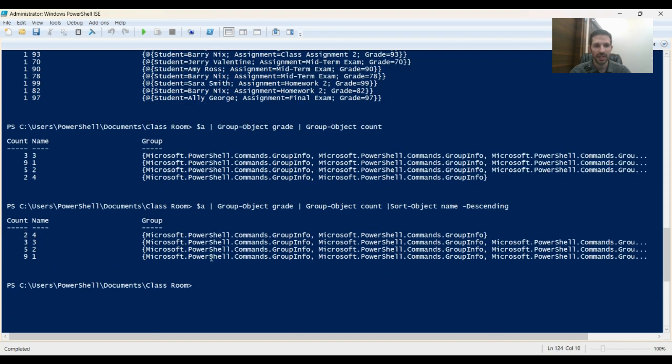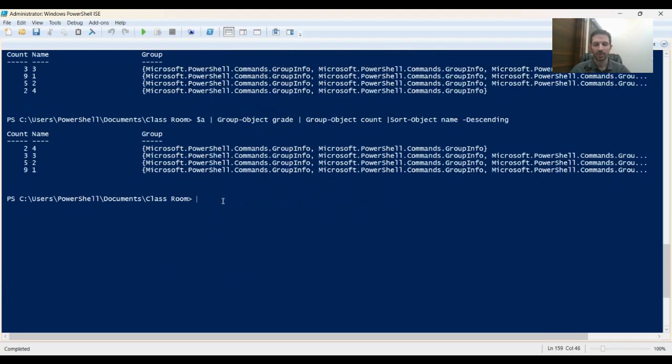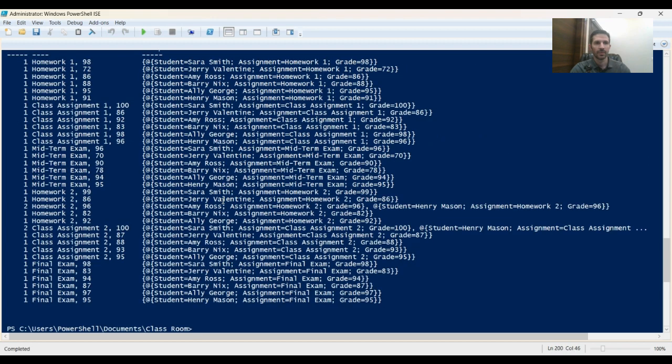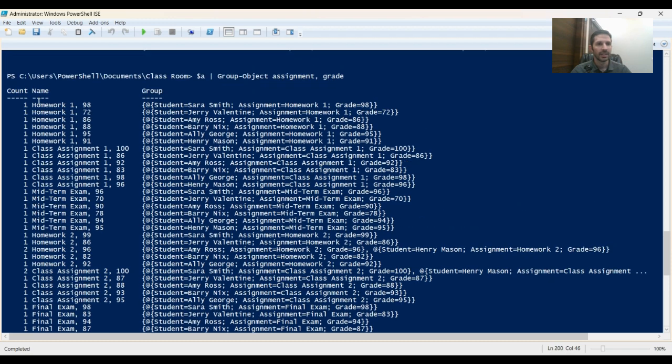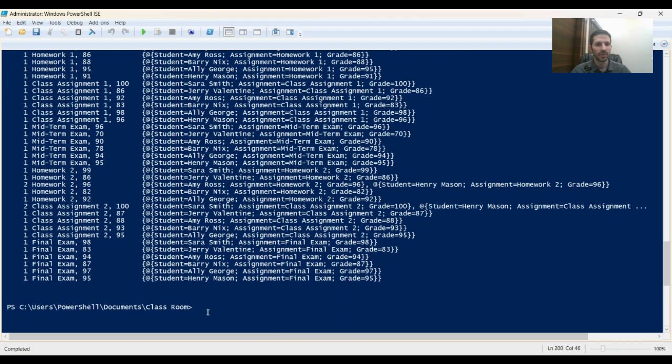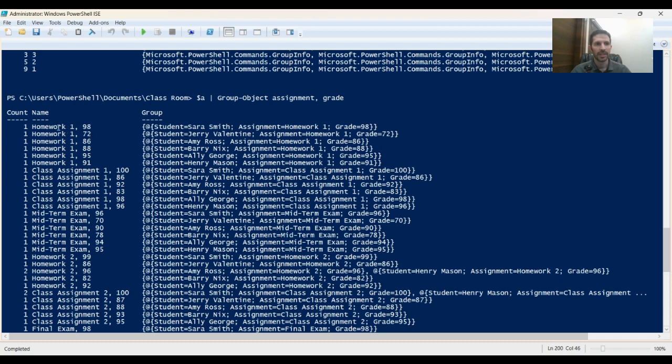So you can see how you can build on these one by one, dissecting exactly what you're wanting. You also, similar to Excel, can do a grouping by 2 different columns. So we can do it by assignment as well as grade. So now what we have is each one of these is its own line item, because there are none that have the exact same